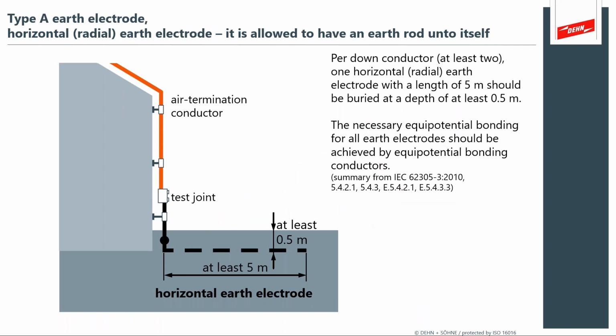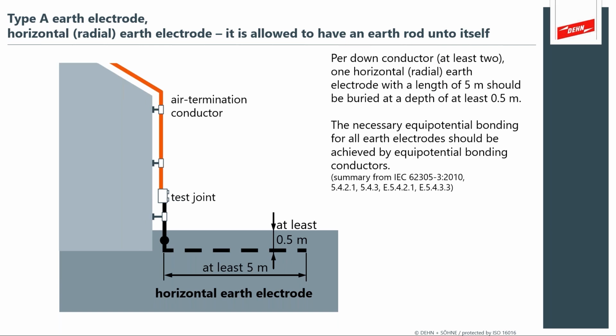And so here's an illustration of that horizontal earth electrode from a type A system. It is allowed to have an earth rod unto itself. In other words, this rod does not have to be connected to every single other earth rod around it. It's allowed to be sort of a standalone rod. And in this case, we're seeing it as a horizontal